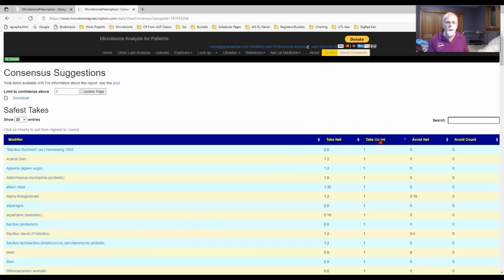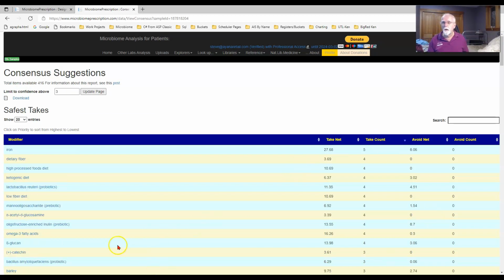First thing I usually do is I click here and see where it is. And you can see iron comes in at the top. Dietary fiber is another one. The avoid count is the ones which have 0 and 0 here, which are the sweet ones, because not once do we find any negative effects from it. So purely processed dietary fiber increase, which is what barley and inulin will do.